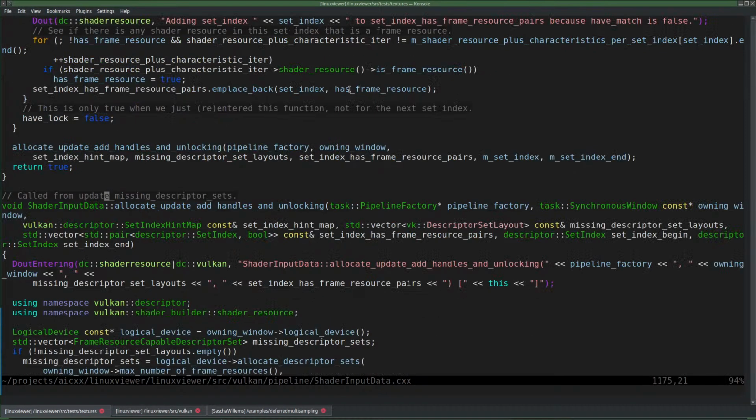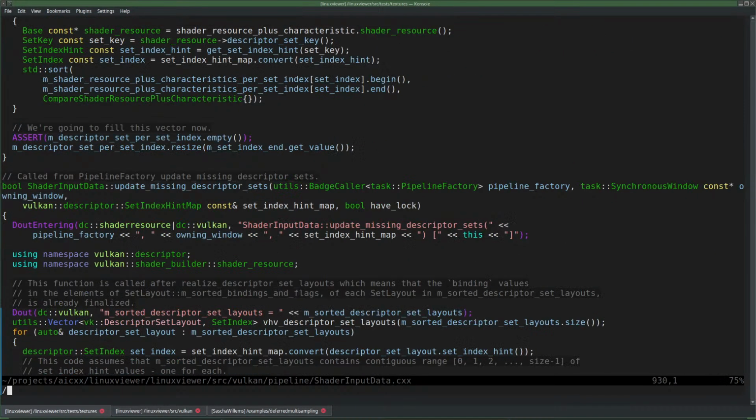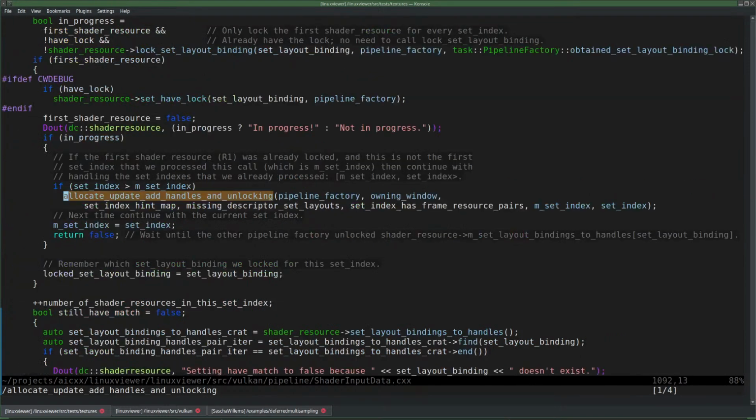Yeah, not helping. I have to copy that, jump here, and then search for where we are calling it. Okay, there, oh, like that, yes. And then